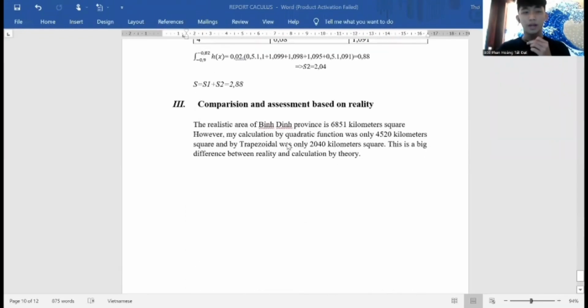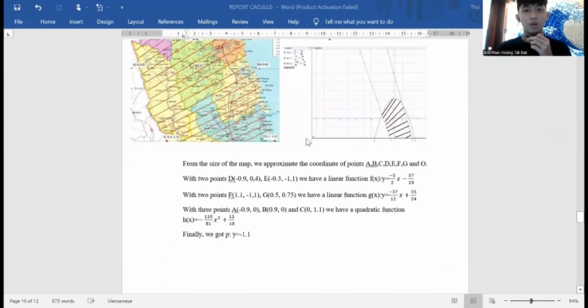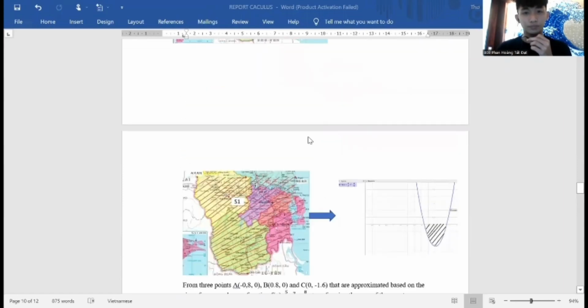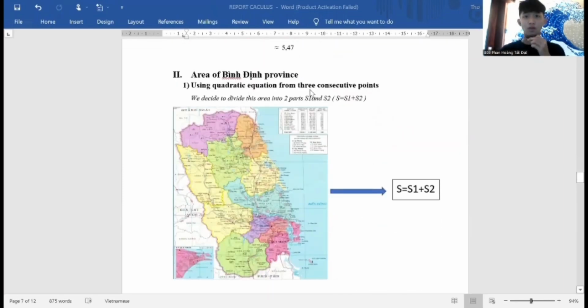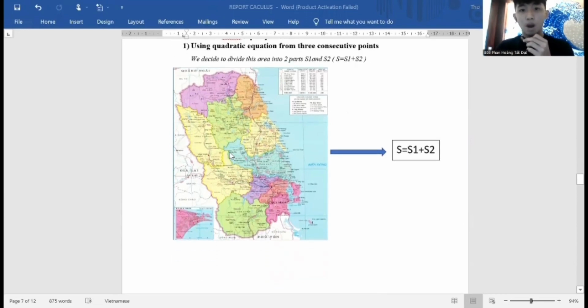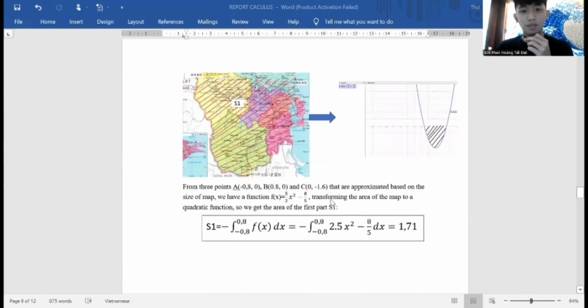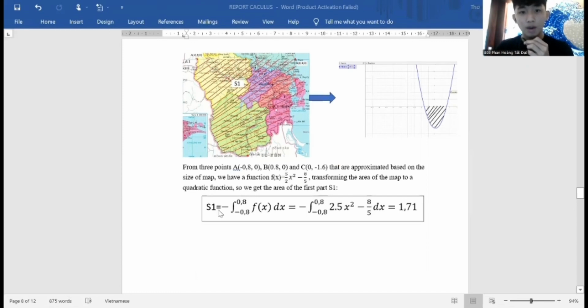Hello, Mr. Long. I will undertake the part of calculating the area of Benin province. First, I will use the quadratic equation for three consecutive points. I will divide the area of Benin province into two parts. The first one is here, and from three points A, B, C, I have the new function f(x) equal to 5 over 2 x squared minus a over 5, and the area S1 will equal to minus anti